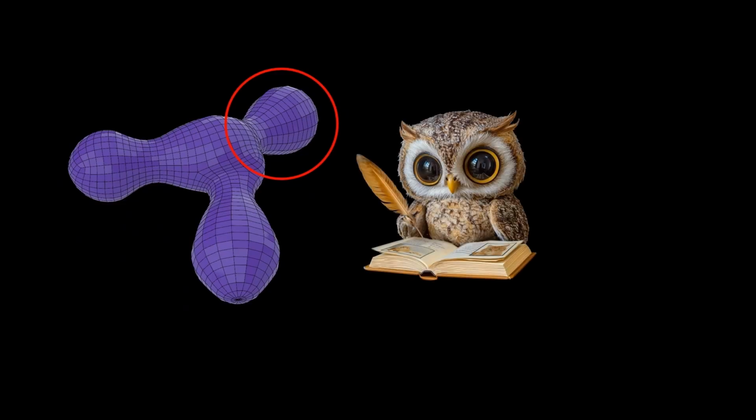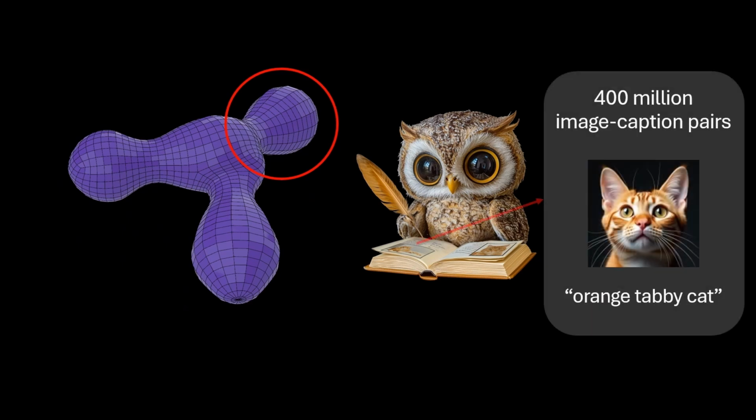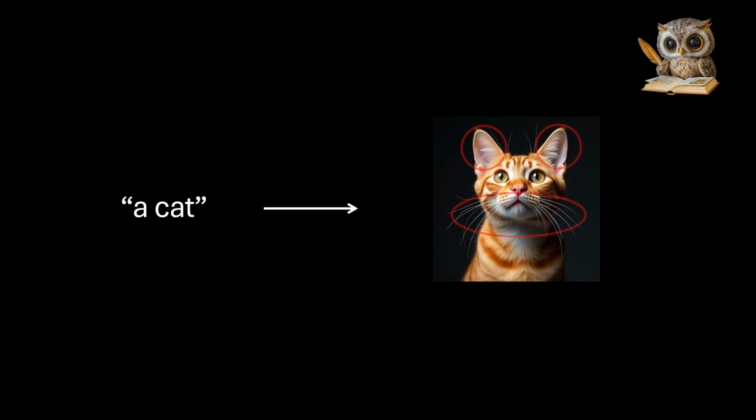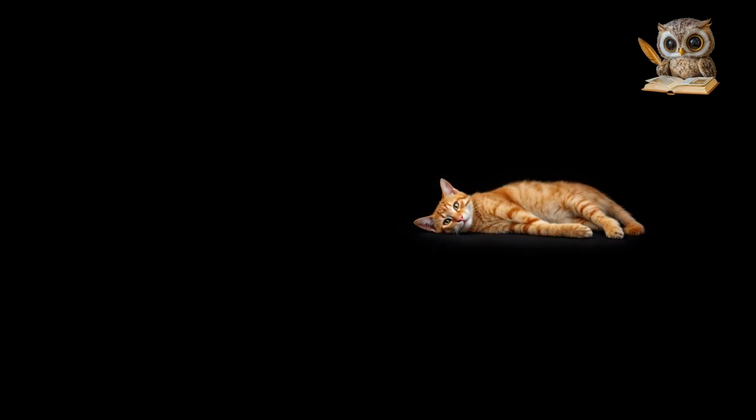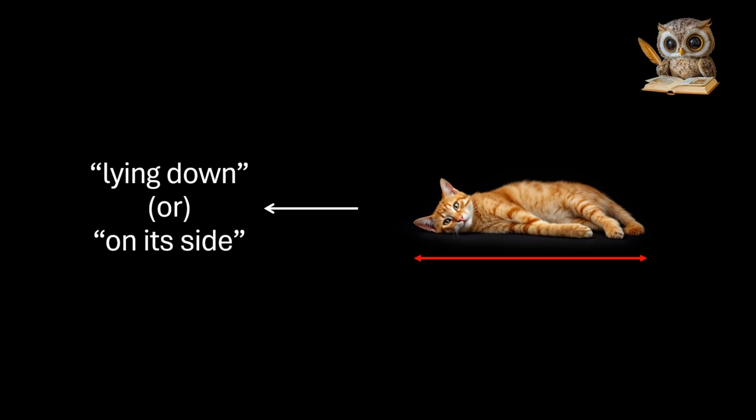Una receives guidance from another friend of ours, Cliff. Although we are meeting Cliff last, he is actually the beginning of the story. Cliff studies image caption pairs, about 400 million of them taken from the internet. Cliff's job is to find correlations between the captions and the images. For example, if a caption contains the phrase, "a cat," then the image likely contains a furry thing with pointy ears and whiskers. Conversely, if the furry thing in the image is oriented a certain way, then the caption likely contains a phrase such as lying down or on its side.